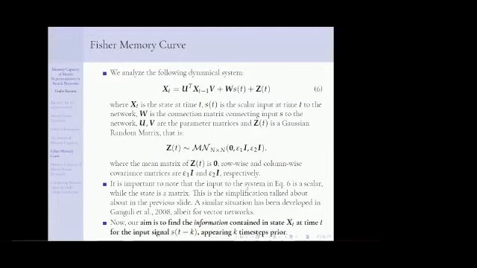How much information does state xt have about that input? And you can now see how the notion of memory capacity is forming: the information contained in the current state about the random past input. Well, that's what memory capacity should be, right? And that's what we will now develop more deeply.